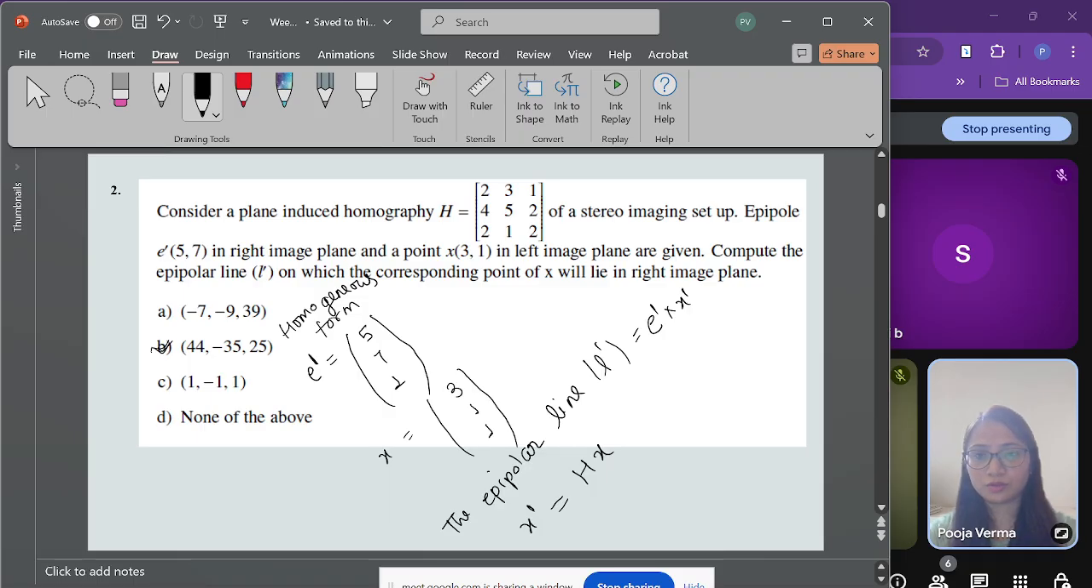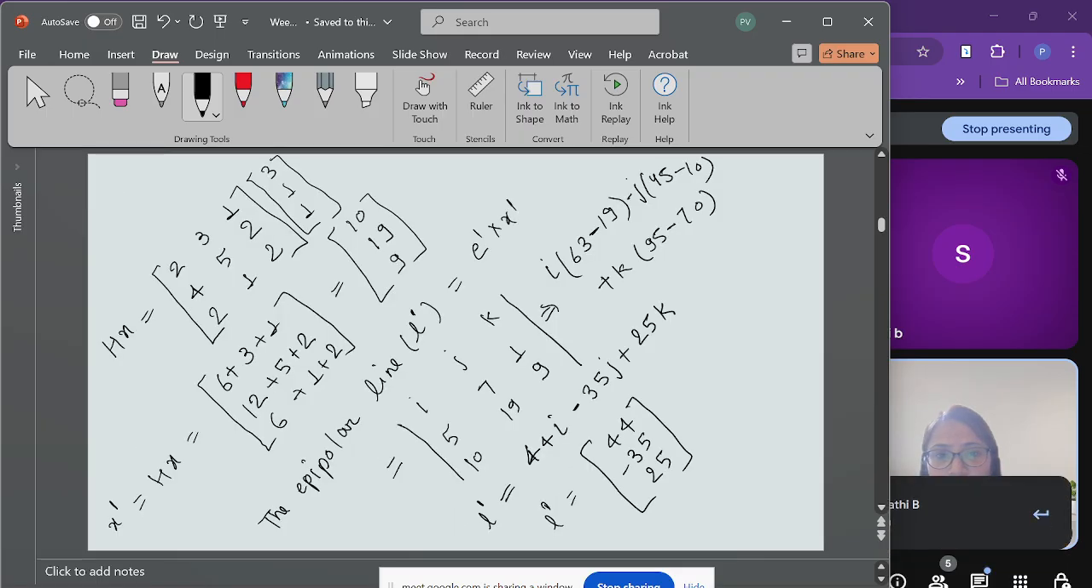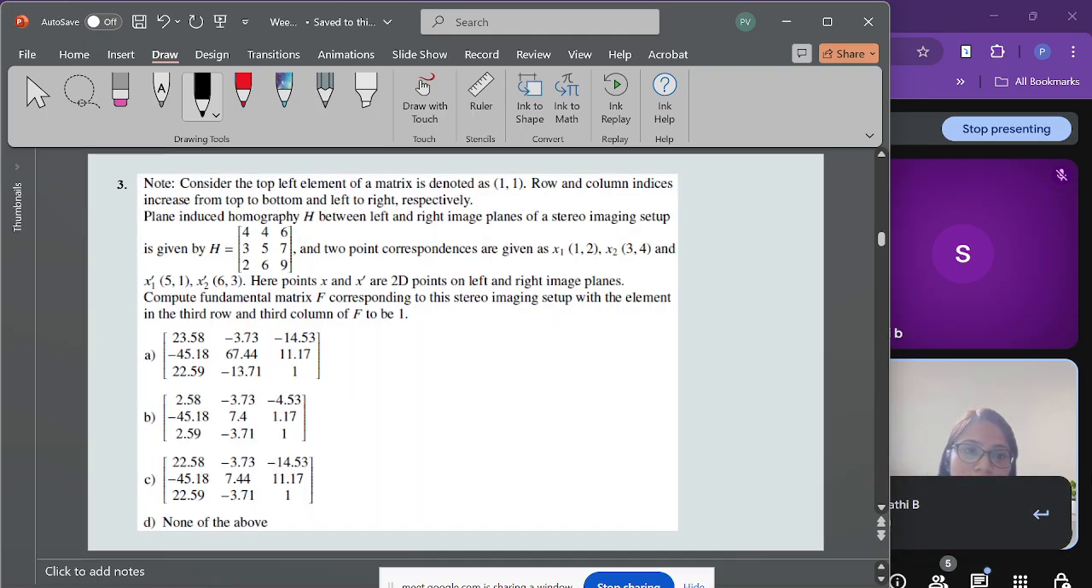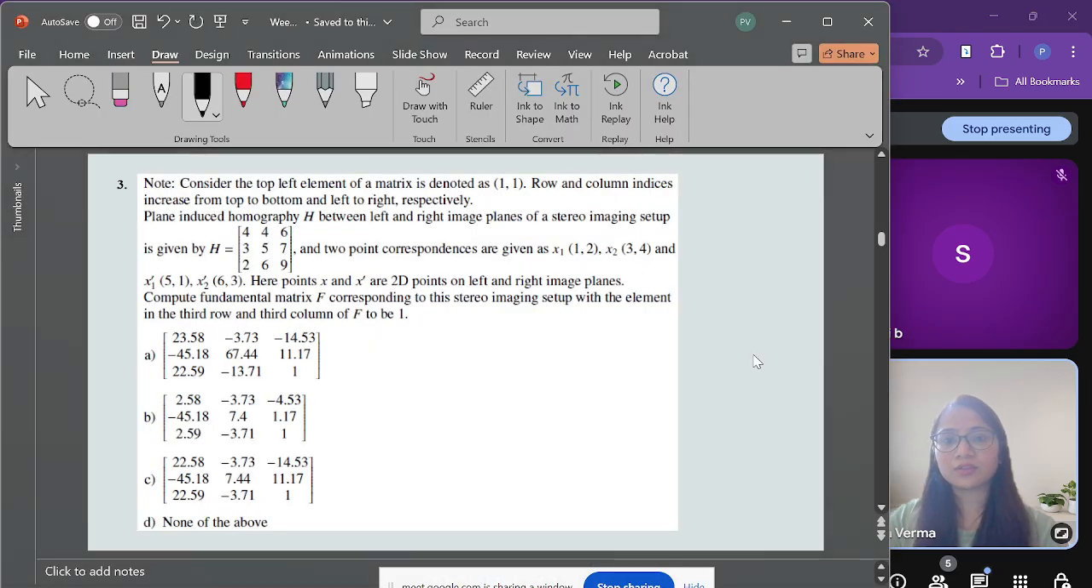Okay, so I hope you have understood this question. So now moving to the next question. So now the next question is question number 3. Consider the top left element of a matrix is denoted as 1 1. Row and column indices increase from top to bottom and left to right respectively. The plane induced homography H between the left and right image plane of a stereo imaging setup is given by H, that is a matrix,